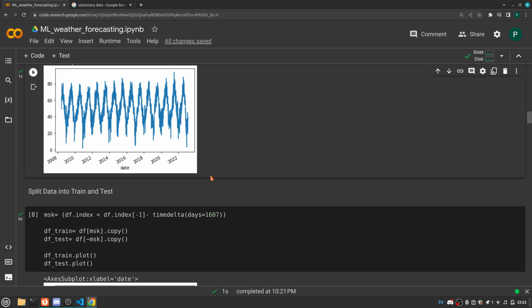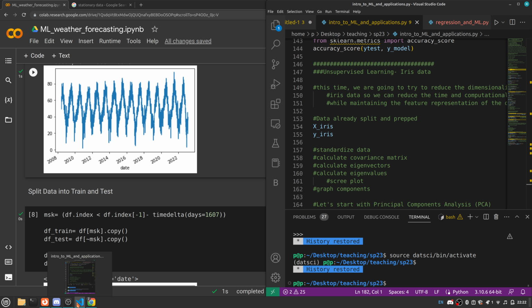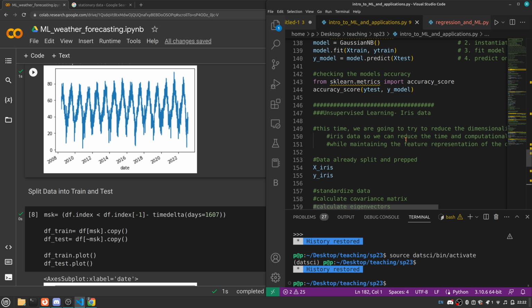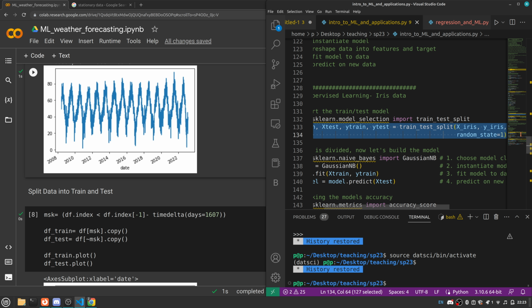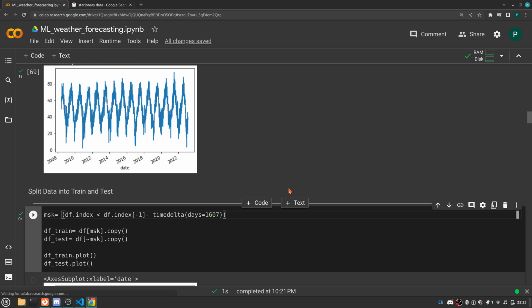So previously, what we've done is used a built-in algorithm from the scikit-learn model selection package called train_test_split, which simply splits your data into the X_train, X_test, y_train, y_test, and then you just determine where you are pulling your X and your Y from. Now, with time series data, we cannot use the train test split algorithm,